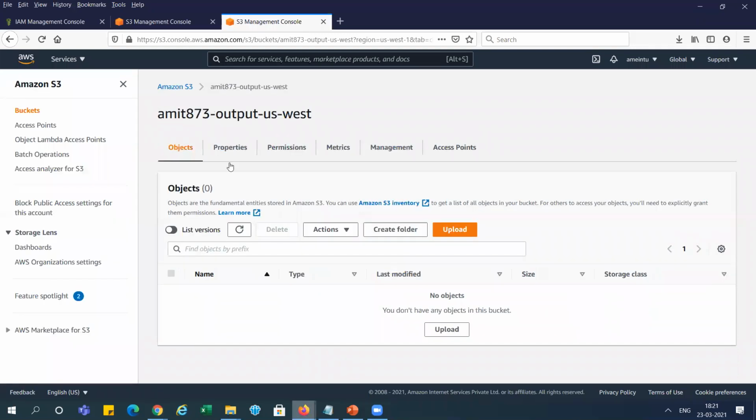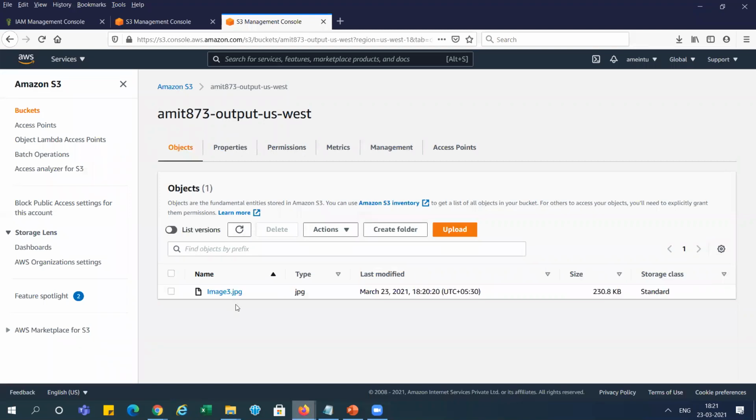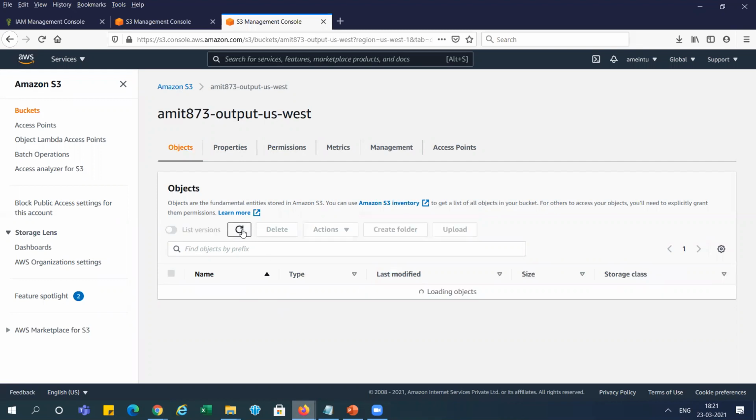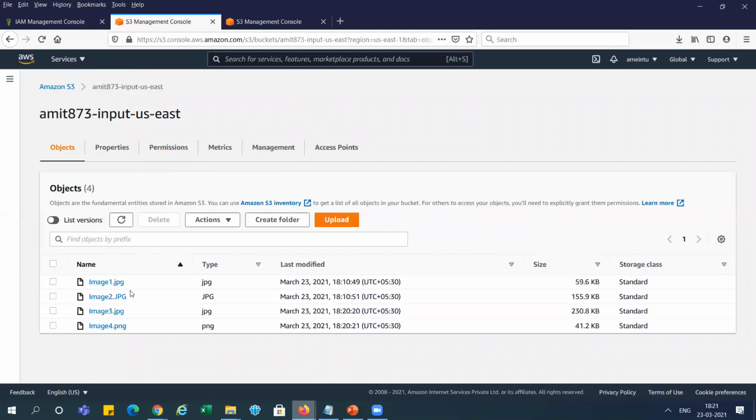So let's check in the same region. One is replicated and it's still in progress, right? I think we will get it in a few seconds, a few minutes. So you can see it is replicating, but not objects 1 and 2. I've added 2 objects before creating the replication rule. I just want to show you that the objects which were available before that replication rule are not replicated, so it will replicate only the new ones.